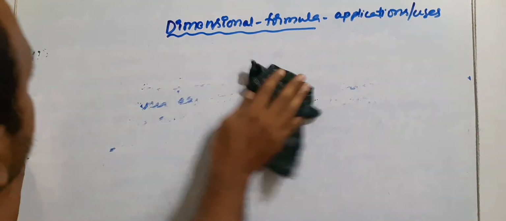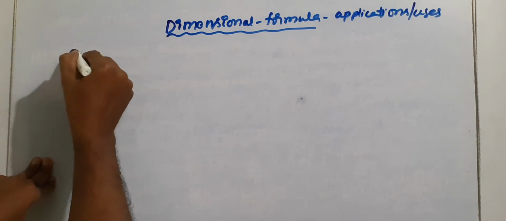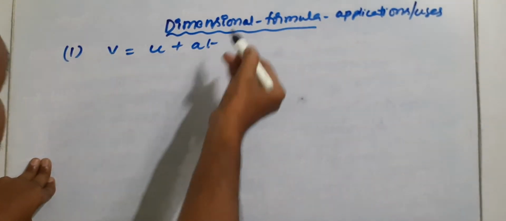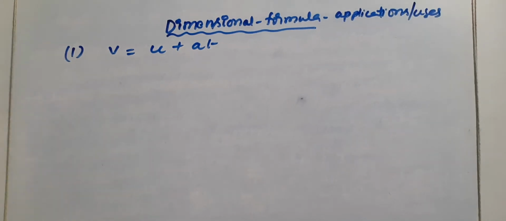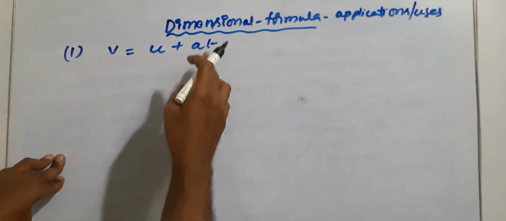So we are taking one equation in physics, in the motion in a plane chapter. We are taking the equations of motion, the first one, v equals u plus at. Now we want to check whether, in this given formula, each term has the same dimensional formula or not. So it is final velocity, initial velocity, and acceleration into time.